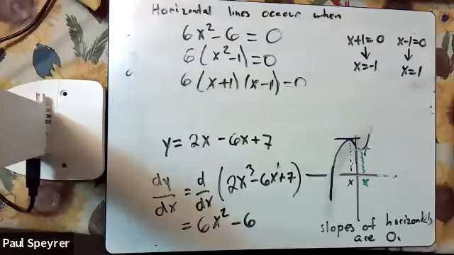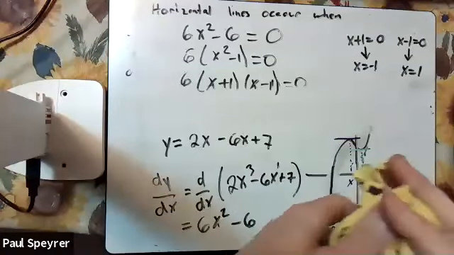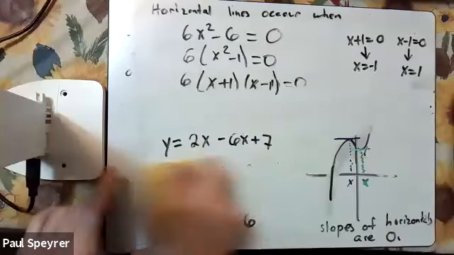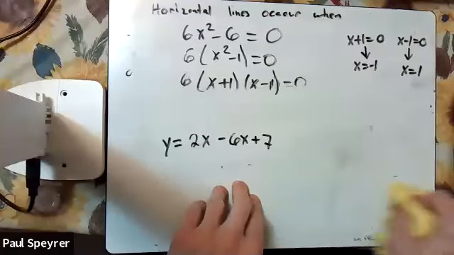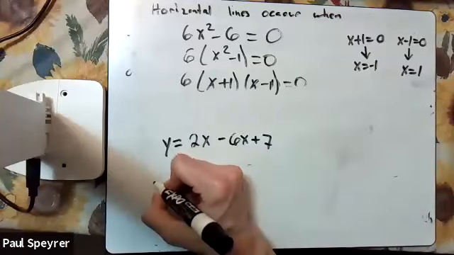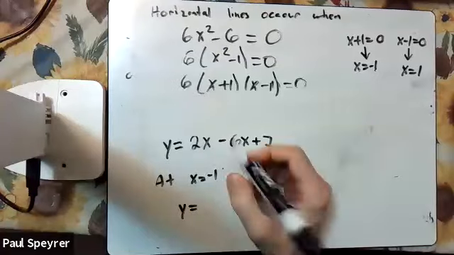Because it was asking for the points, the point at which these horizontal lines occur. A point has an x and a y. We only have the x's. So we need to find the y values, right? Got to find the y values of those 2 points right there. We can do that because we have the original equation, right? So at x equals negative 1, y equals,